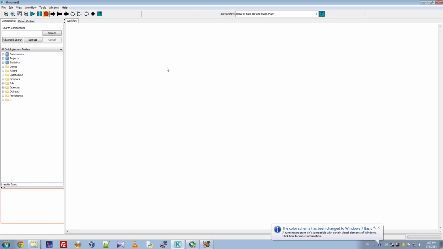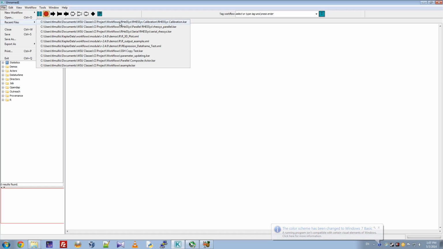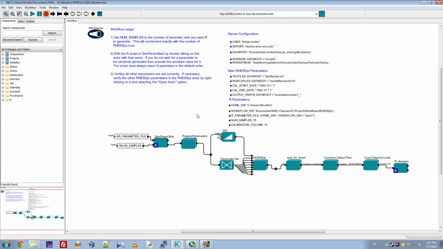Welcome back again, and this time we'll be discussing the RHESSys calibration workflow, which I'll open up here. Now this workflow is the most exciting for scientists because calibration of RHESSys is a very time-consuming and daunting task. As you may notice, there are a lot fewer RHESSys parameters, and that's because they're currently stored in the RHESSys composite actor, because we're going to be actually calibrating them, or finding out which values best suit the watershed we're